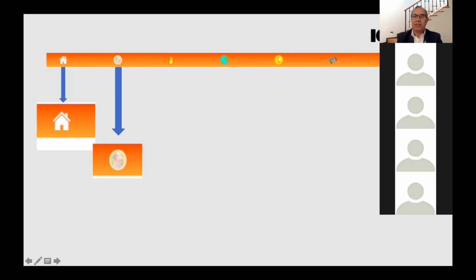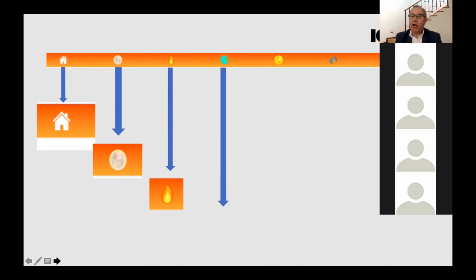Now it's blurry because in my account I haven't worked for a long time. If I work at least 2 days in a row, this flame appears and gives me lingos. I'm going to tell you what a lingo is in a minute. And then the globe. If you click there, you're going to see other kids in the world that are using Little Bridge.